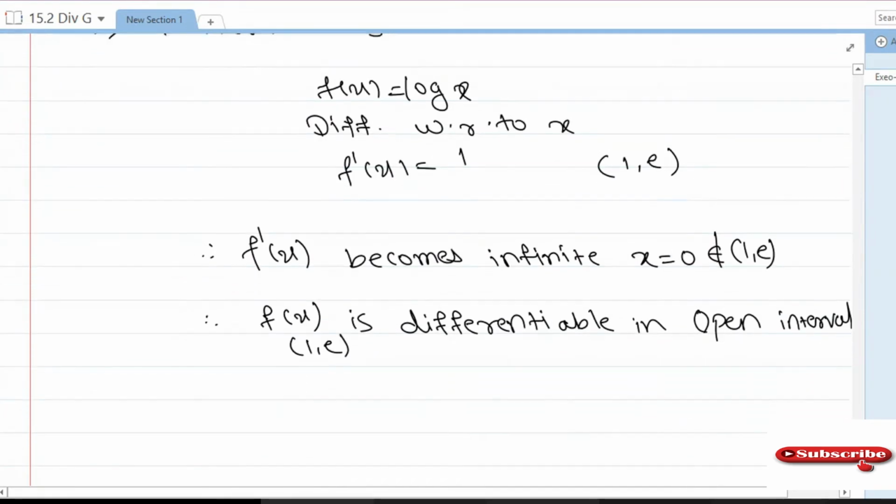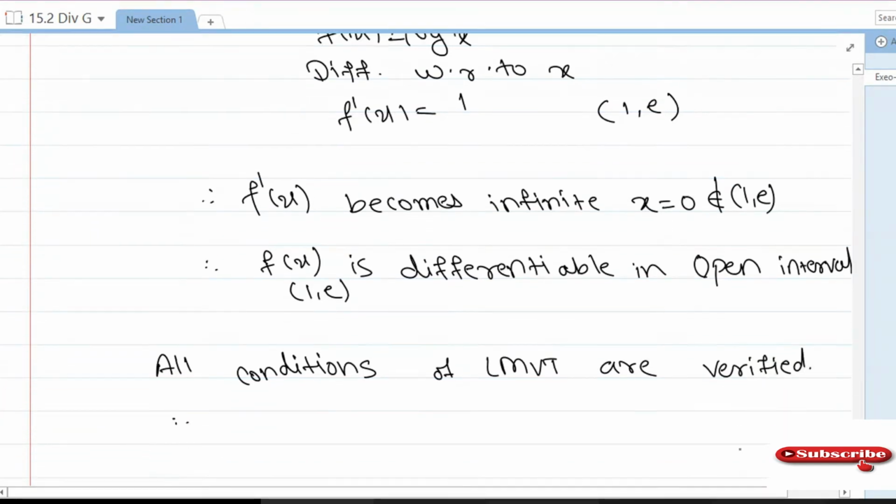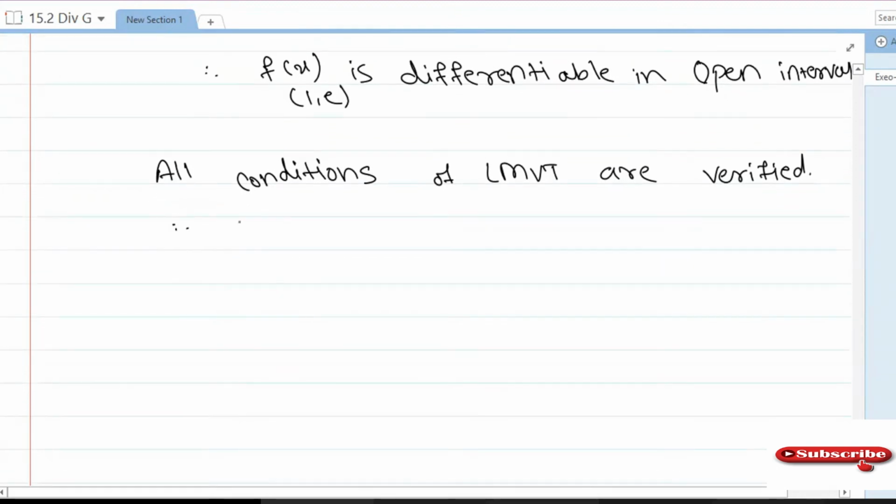Both conditions are verified. All conditions of LMVT are verified. Therefore, according to LMVT, there exists c belongs to 1 comma e such that